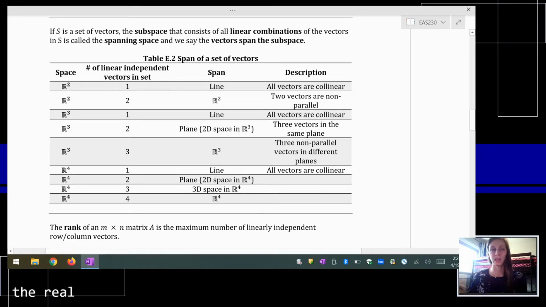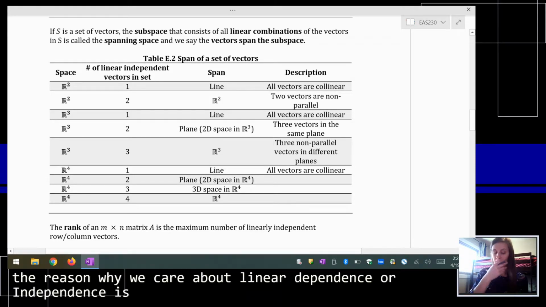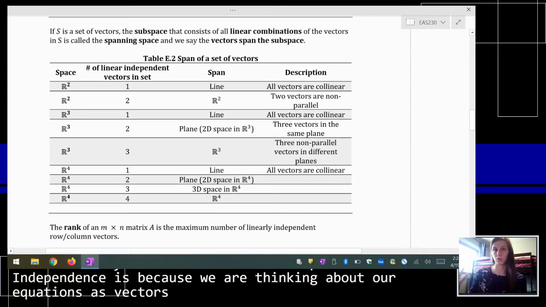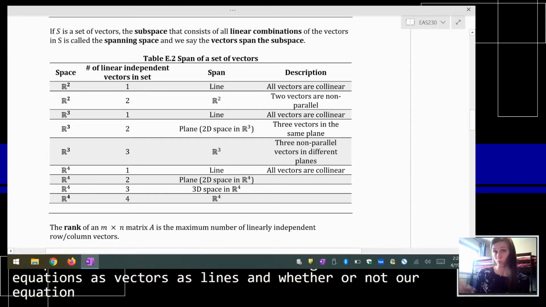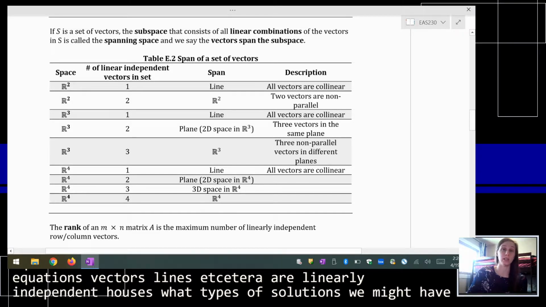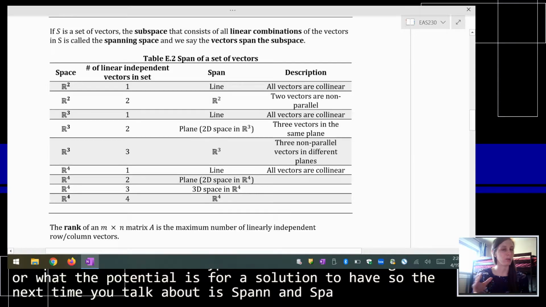The reason why we care about linear dependence or independence is because we are thinking about our equations as vectors, as lines. And whether or not our equations, vectors, lines, etc., are linearly independent tells us what types of solutions we might have, or what the potential is for a solution to have. So the next thing to talk about is span, and span is a little bit more theoretical of a concept,